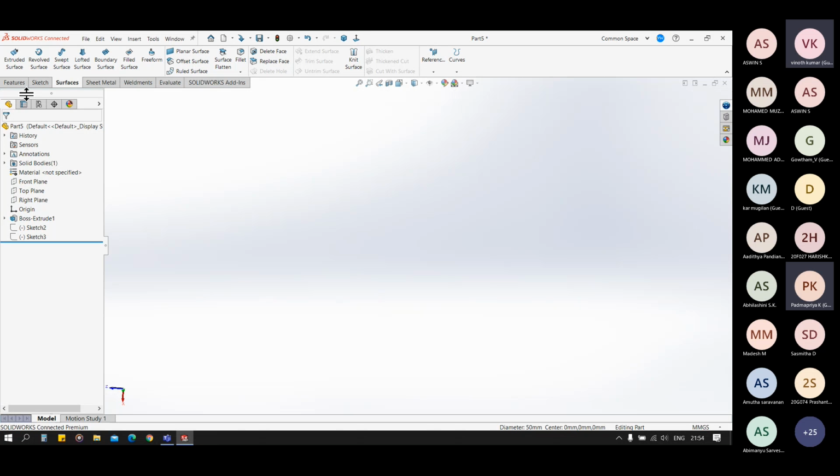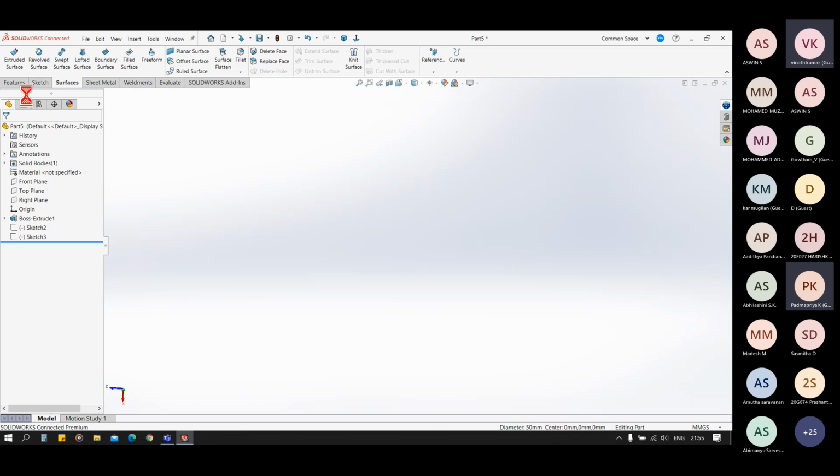In the mutual trim we just have to select all the surfaces available and click on the face to remove it, so we automatically get the surface.